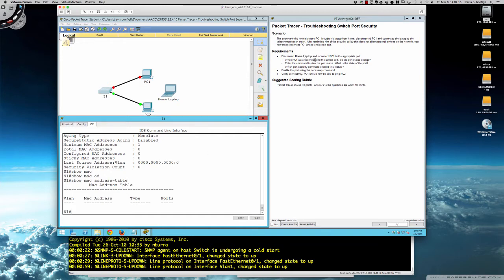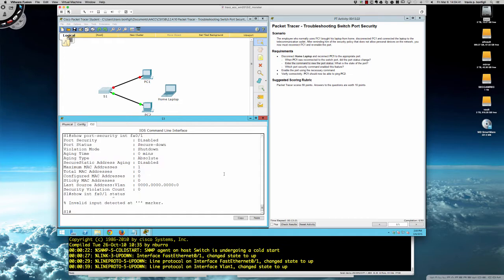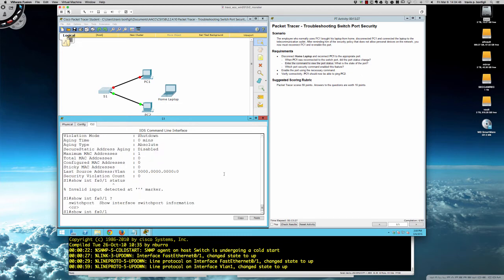All right, so the port status did not change when we reconnected, and we saw why, because the port is shut down. It says enter the command to view the port status. Well, we did that, and the command to see the port status is show port security interface FA01. Another command that we could have run to see the status would have been show interface FA01 status. That is actually a command, but they don't have it here. So maybe a limitation. When we go down to the real Cisco switch, we'll take a look at that. So for right now, we're going to be stuck with